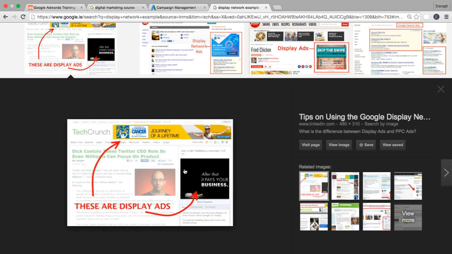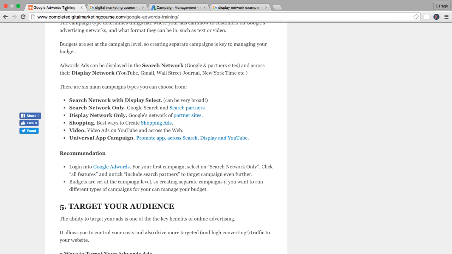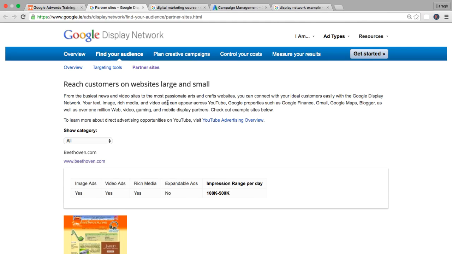You're probably used to seeing them. You might not know that terminology, but essentially these are ads that display on websites. And Google has a huge list of partner sites. These are sites that essentially use Google AdSense to monetize their sites. So they sell their space on their website,